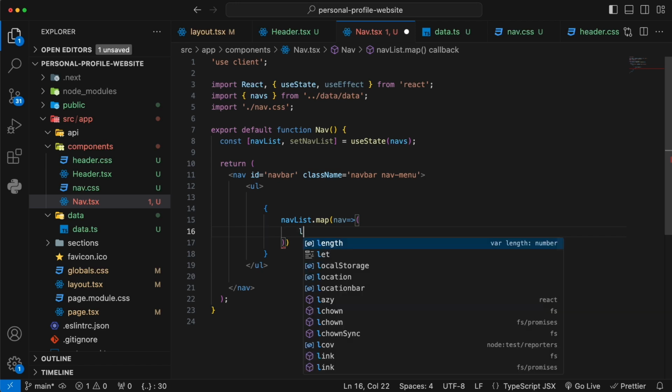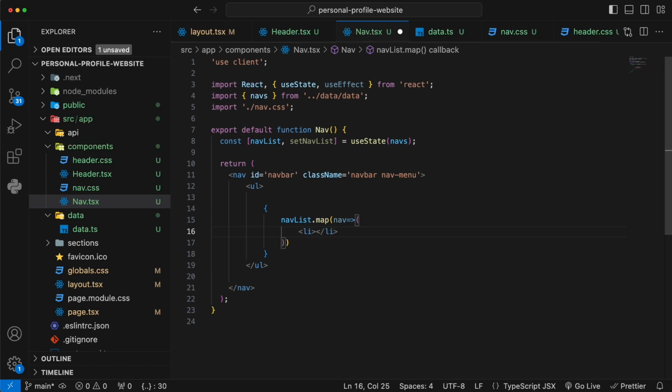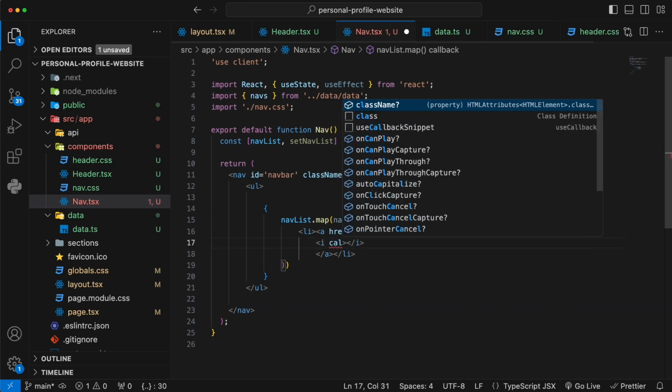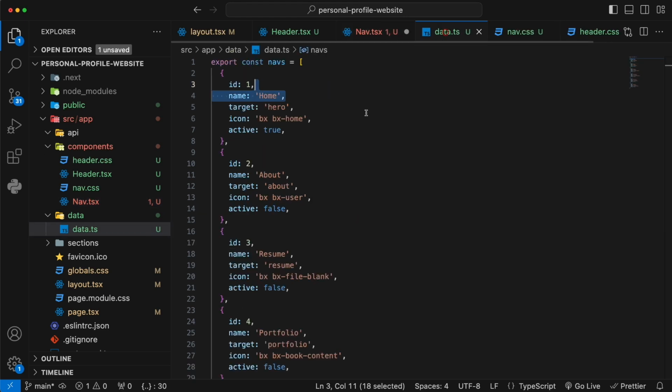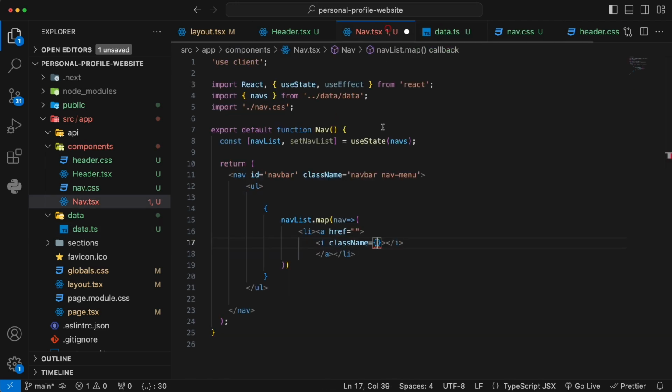And that list item is going to be a list. Inside the list, it contains an anchor tag. And in this anchor tag, we're going to have the name of it and also the icon of it. All right. So inside the anchor tag, we're going to have the icon with the class name that equals the class name that we fetched from the data, which is this icon, right? So we put it here, nav.icon. And also after that,